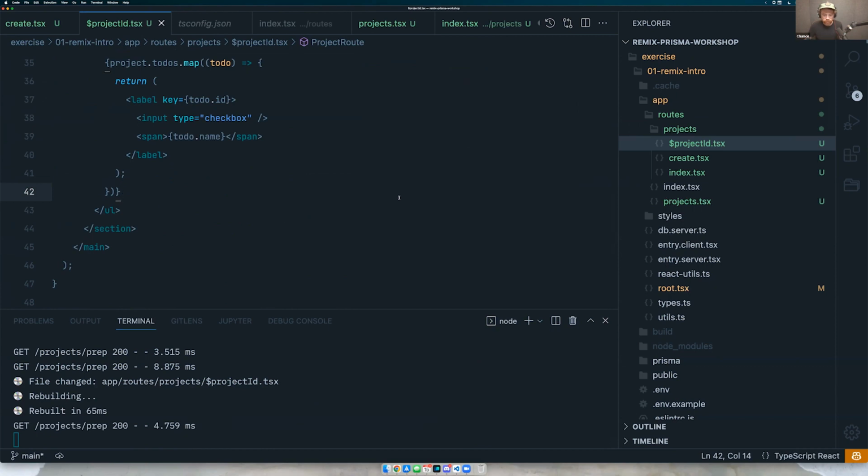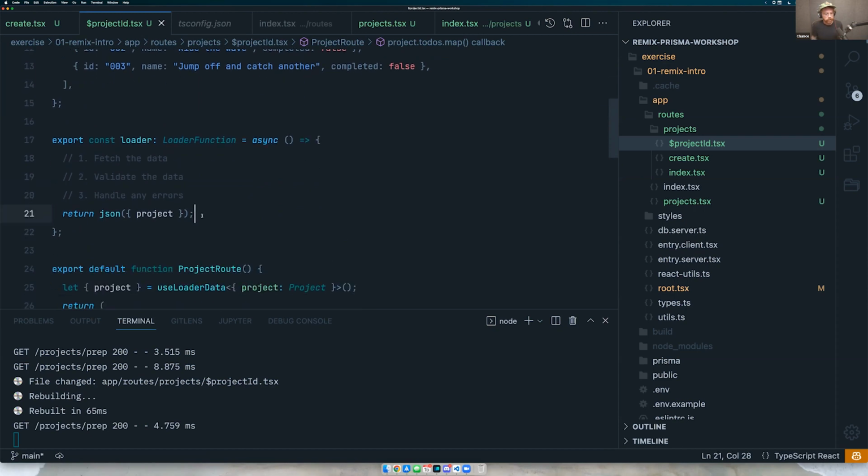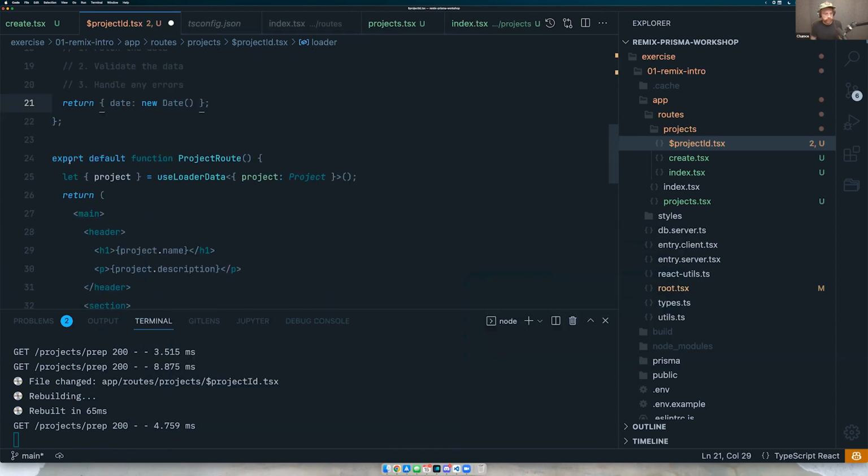A loader function by default JSON serializes the return value though, right? Yes, it does. However, the reason I didn't mention that is because we do plan on deprecating that in the future to make sure that you're explicitly returning serializable data. The reason for that is because a lot of folks get confused about the serialization part. They'll do something like return date, new date, right? And then down here, they'll get their date and they'll expect to be able to call functions on the date